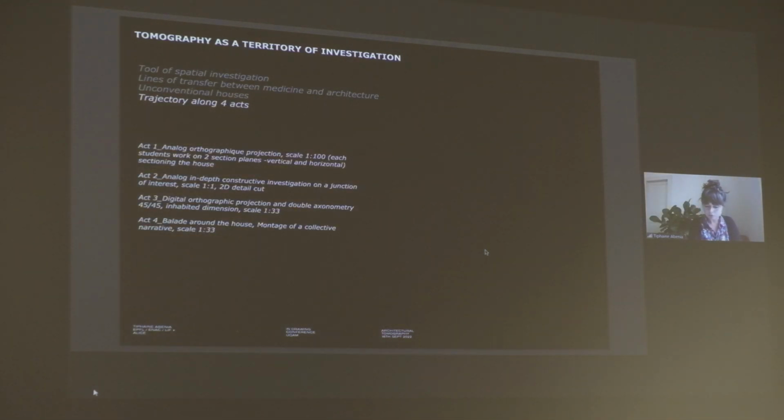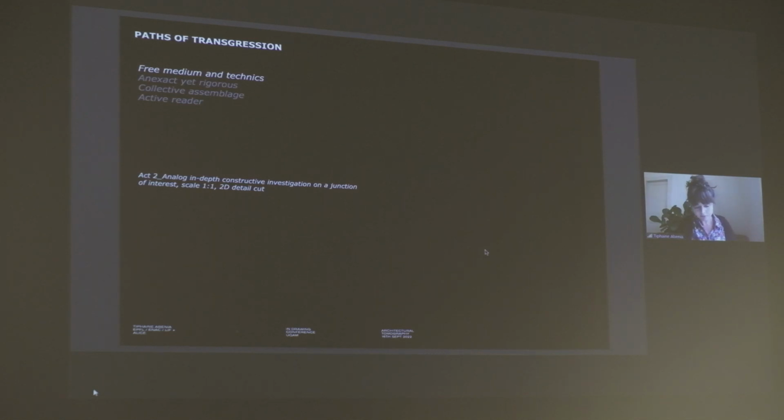The architectural tomography course then unfolds in 4 acts or 4 exercises. I propose to just look more closely at acts 2 and 4, that I think are the outcomes that maybe could bring more discussion. After a first act, in which the student cuts through the entire house and its surroundings,